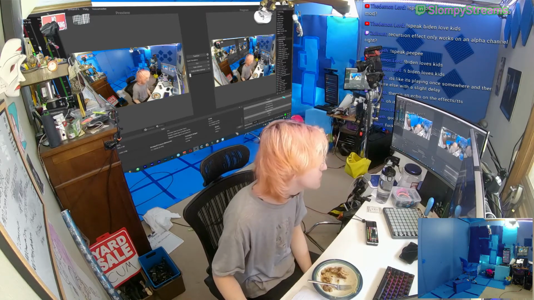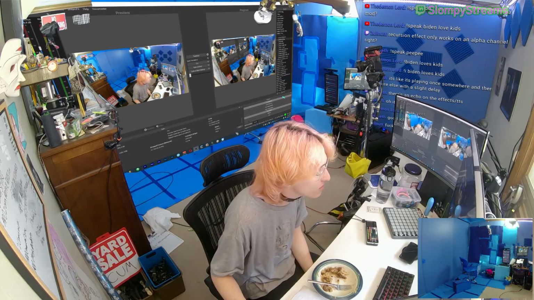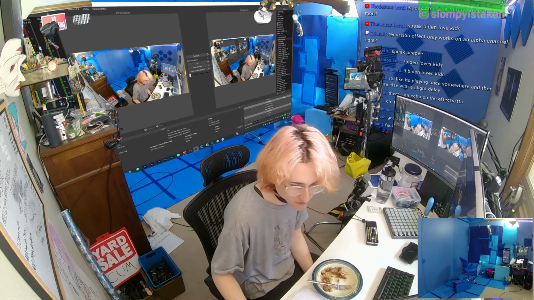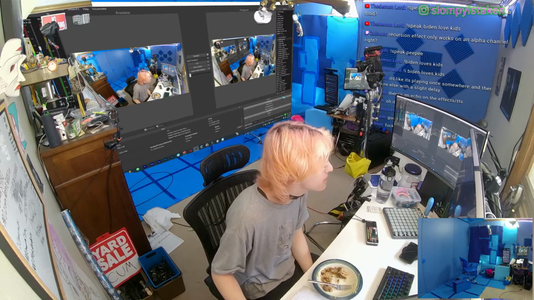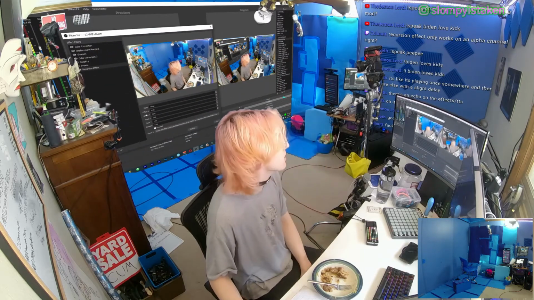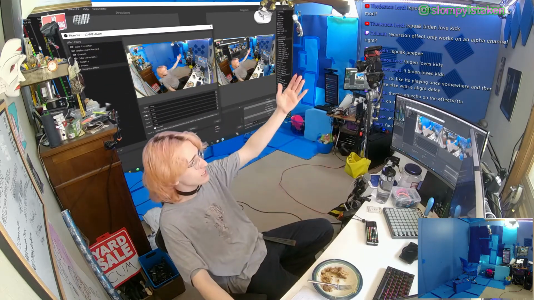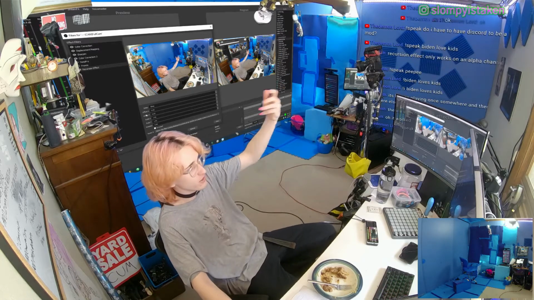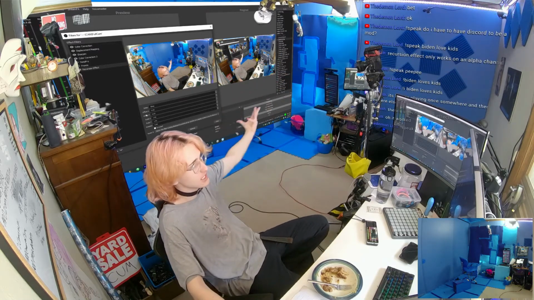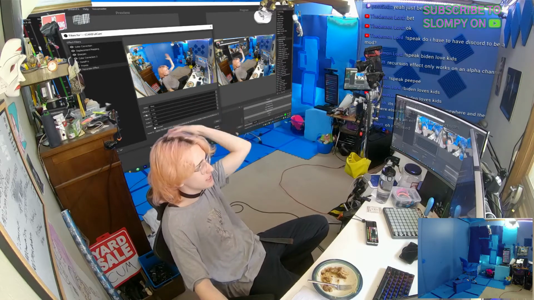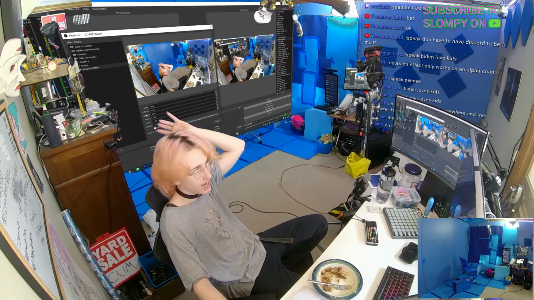But basically, recursion effect, the cool thing you can do though, is if you put a recursion effect, basically inverse will make it so that, if you put it on right now, it's copying and putting it in the background, but there is no alpha, so you can't really see what's happening, because it's putting it behind the entirety of